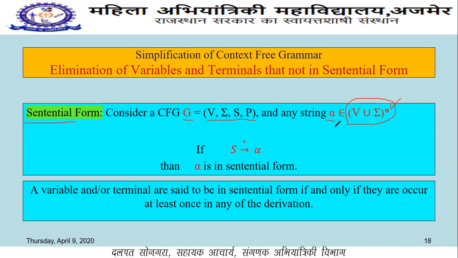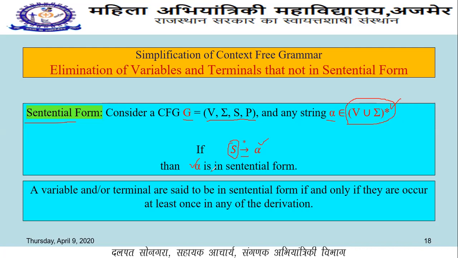Sometimes it is purely over the variables, sometimes purely over the terminals, sometimes a combination of both variables and terminals, or sometimes it may be null. And if this alpha string is derived after multiple transitions from the starting variable S, then this alpha is said to be in sentential